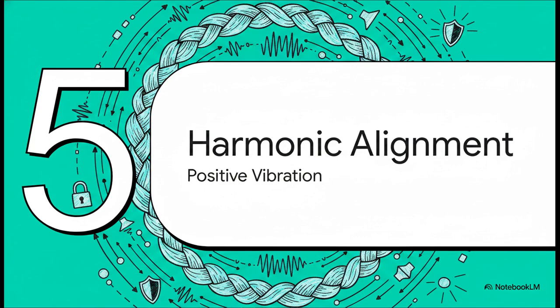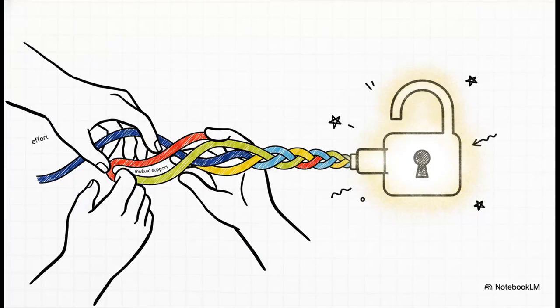Section 5. Achieving harmonic alignment, the positive vibration baseline. This whole collaborative effort to braid signatures brings the mismatched strand back into harmony with the rest of the network. The system returns to what they call the positive vibration baseline, which is absolutely required to secure the intellectual property and the cryptographic vault. It's only at this point that root access is finally granted, not through an exploit, not through an override, but through genuine, verified mutual support.